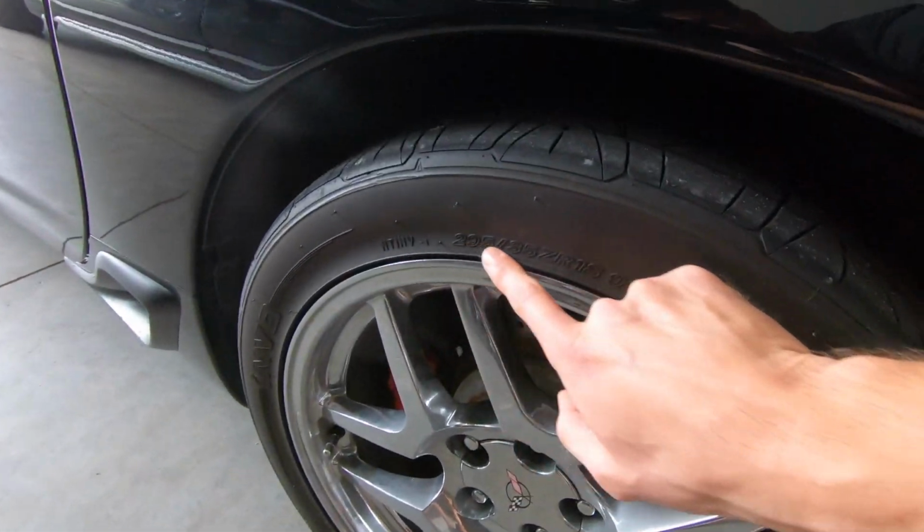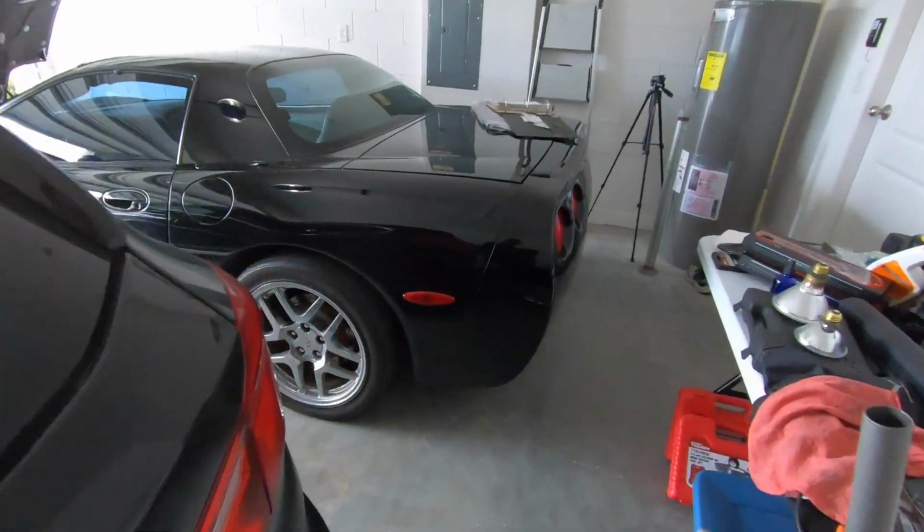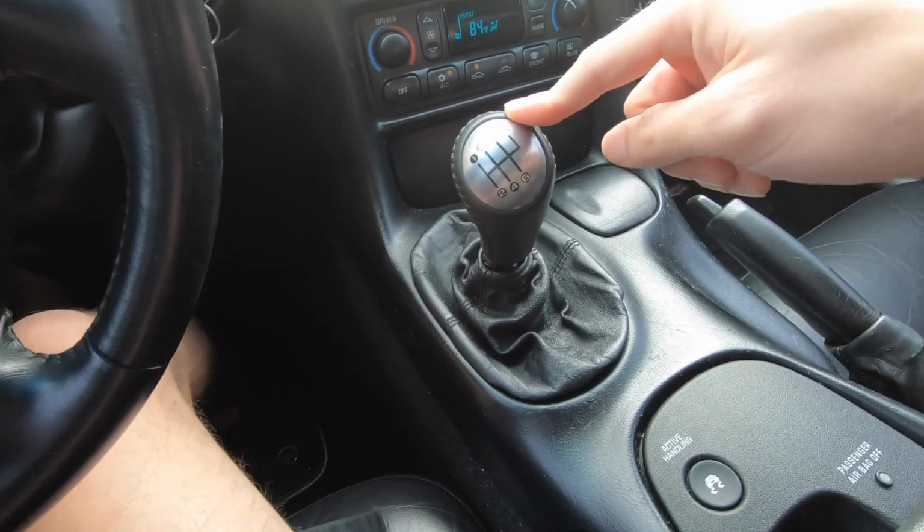Right now this thing has 295s. The drag radials that I have are, I believe, 345, so it's a significantly bigger tire. Give it a shot, see what happens. All right, so one of the major issues I have with this car is the shifter, or the tranny,